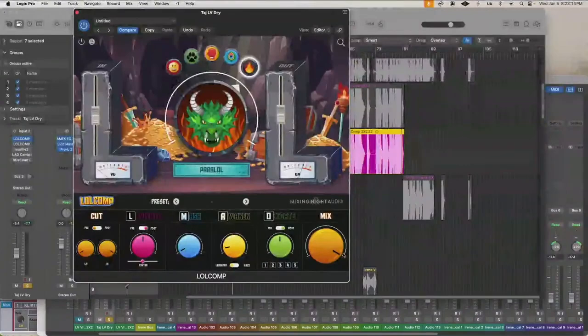So what I'm going to do is keep it right here oversaturated, and then take the mix knob and back it off. And when I back that off, it adds dry vocal to it. So we get the clarity of the dry vocal, and we get the buzz and effect of the distortion and